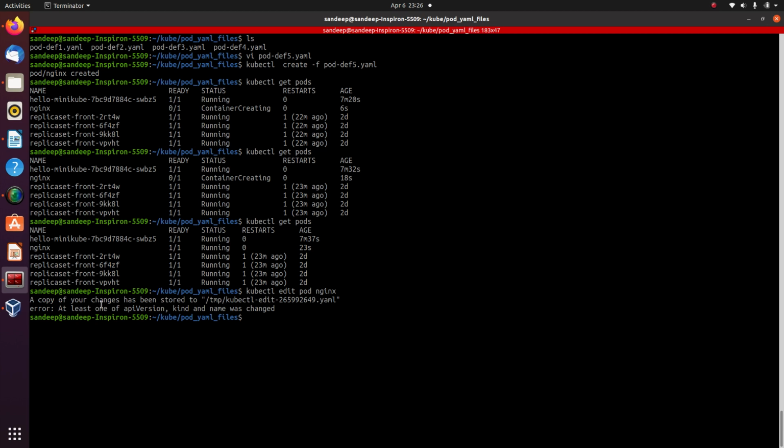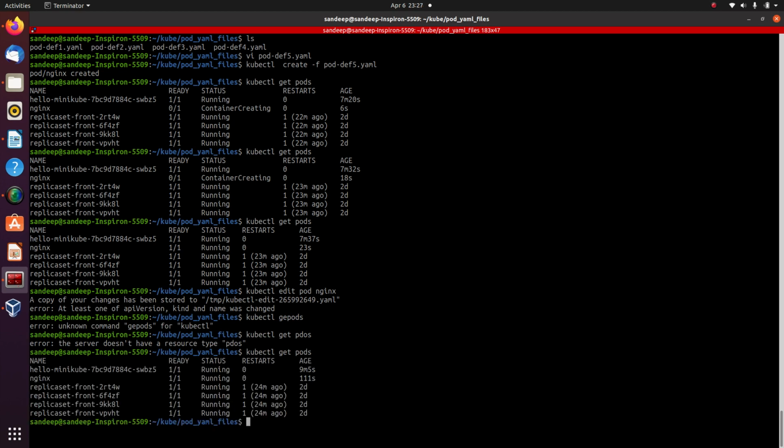So it is saying a copy of your change has been stored to this file, at least one of the API version kind. I don't know what it is doing. Let me do it again, kubectl get pods. Now you can see it is running again. If I do kubectl describe pod nginx,